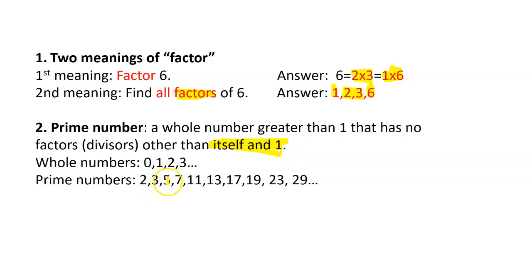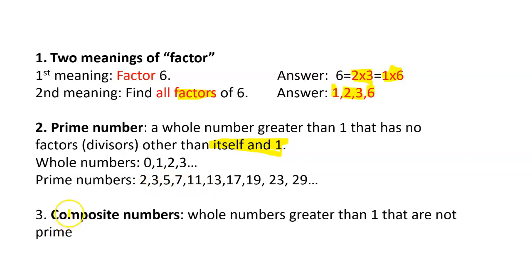And the same thing for 5, only 1 to 5 can go into 5, there are no other ones. And same for 7, 11, and so on. But notice 4 is not here. 4 is what we call, if it's not a prime, we call it composite numbers,